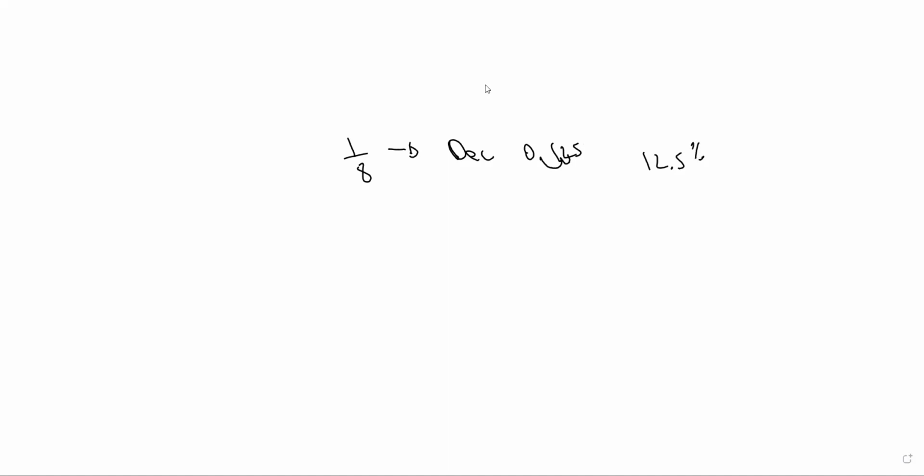Someone said 125%. No, in this case, it would only be 12.5%, because 125% would mean that the original number was greater than 1, but the original number is only 1 over 8. It's nowhere close to 1. That's okay, no worries. Yeah, in that case, you moved the decimal 1 too many times. It should have just been right there.